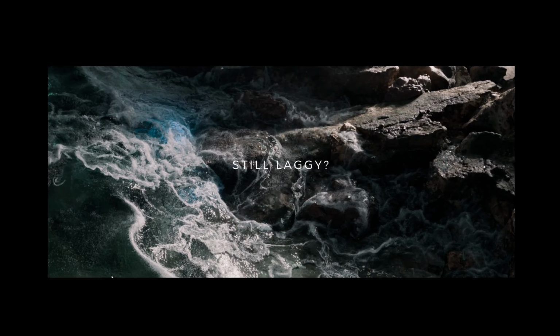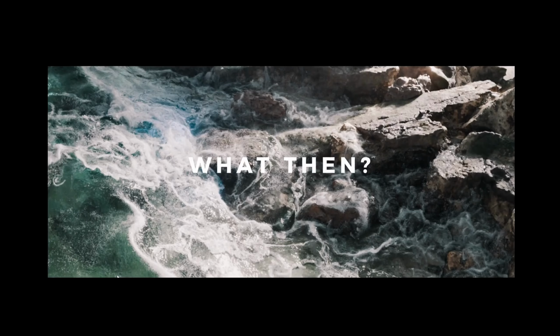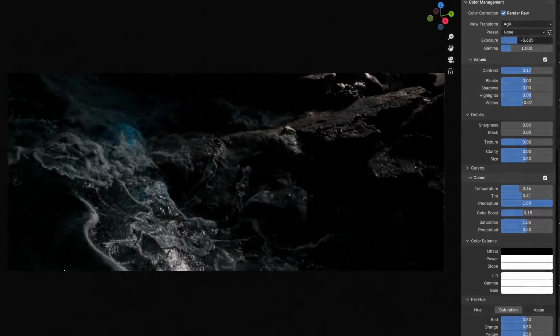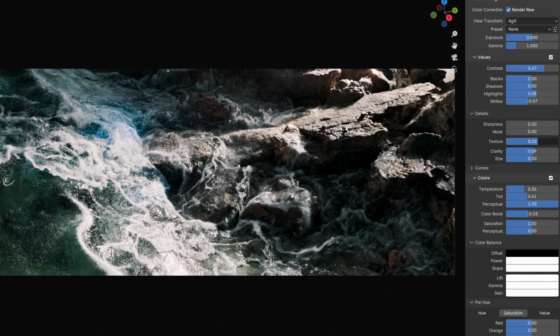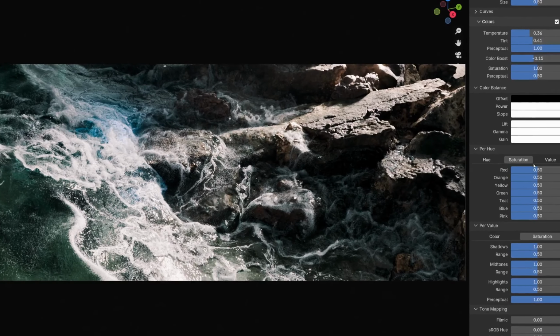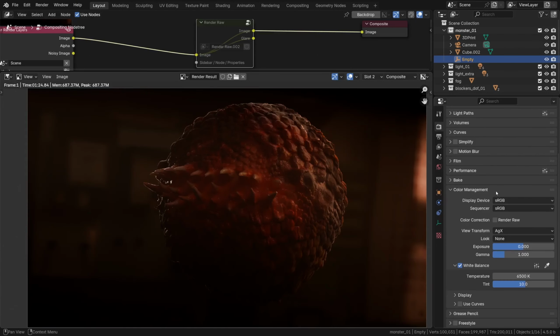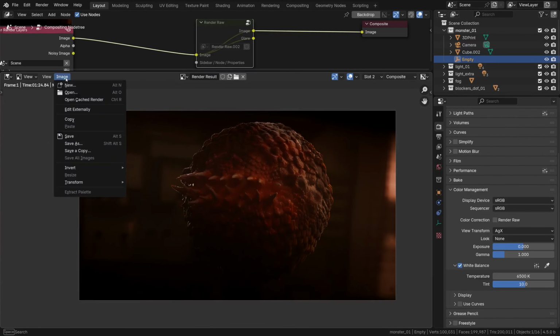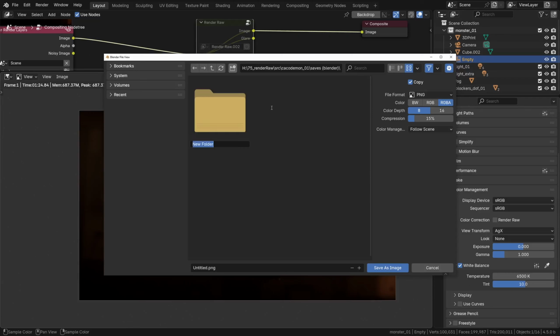That being said, in some cases though, it can still feel a bit too laggy depending on the effects you've used and the video card you have. And then we are talking about baking your render. So if you want that super fluid color grading experience like you're working in a dedicated color correction application, what you can do is disable Render Raw and save your rendered image as OpenEXR file,